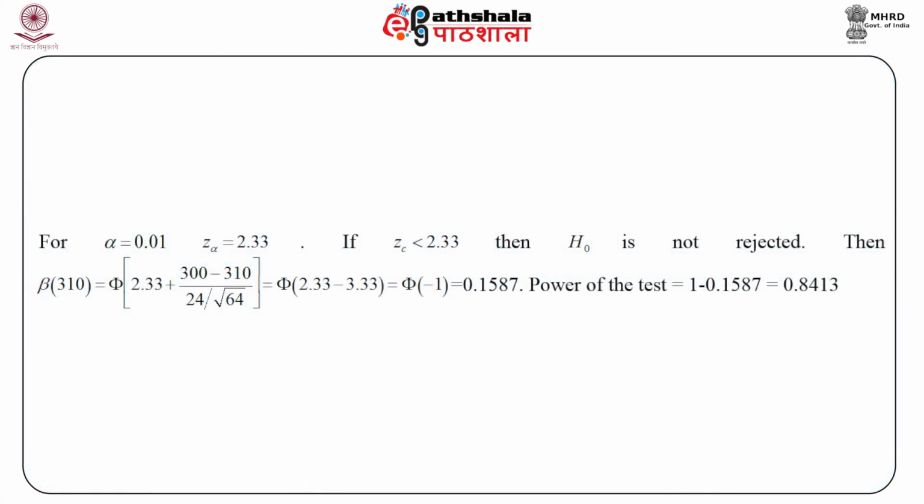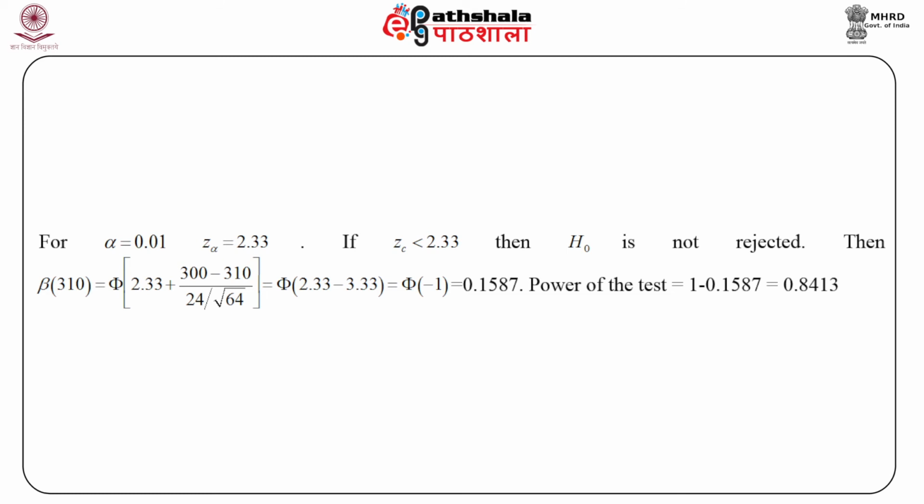Let's see the solution. For alpha equal to 0.01, Z alpha is equal to 2.33. If ZC is less than 2.33, then the null hypothesis H0 is not rejected. Then beta of 310 is equal to phi of 2.33 plus (300 minus 310) upon 24 by under root 64, which is equal to phi of 2.33 minus 3.33, which is equal to phi of minus 1, which is equal to